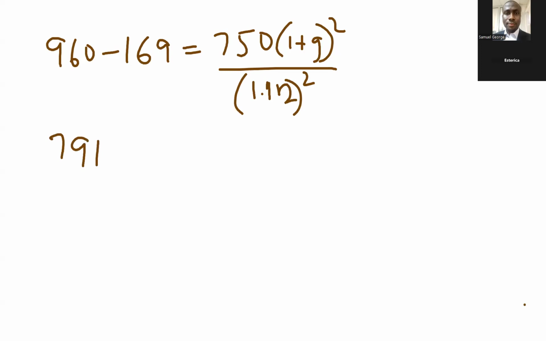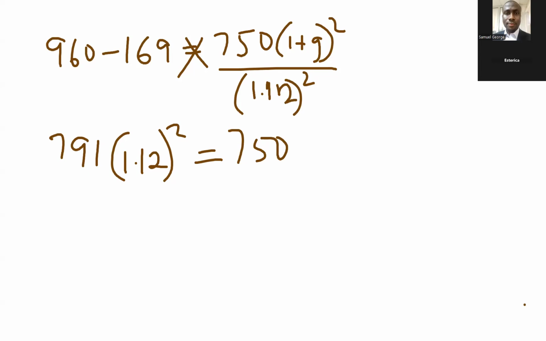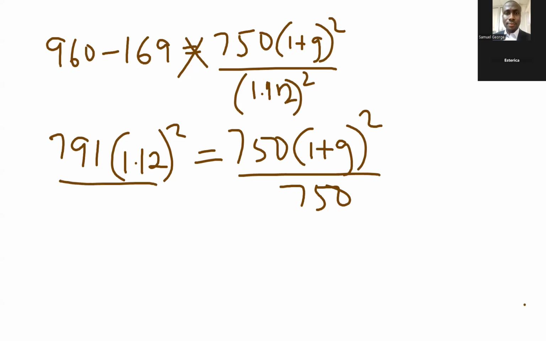Okay, so if I cross multiply it, it will be 791 times 1.12 raised to power 2 equal to 750 times 1 plus G raised to power 2. Okay, if I divide both sides by 750, it will be equal to, now